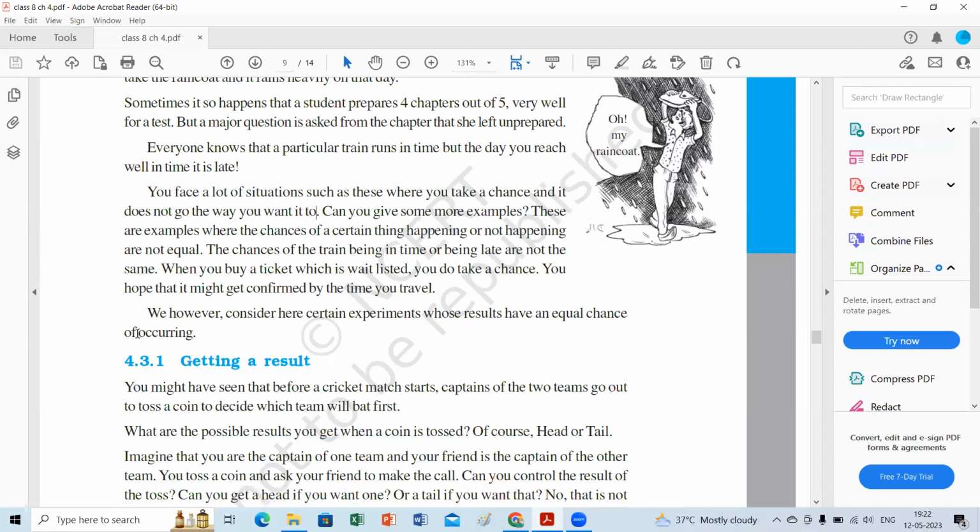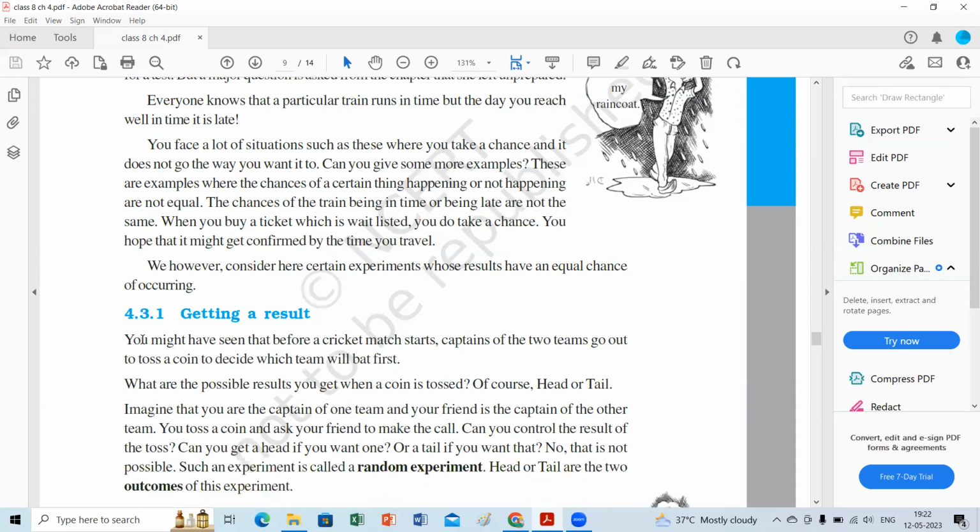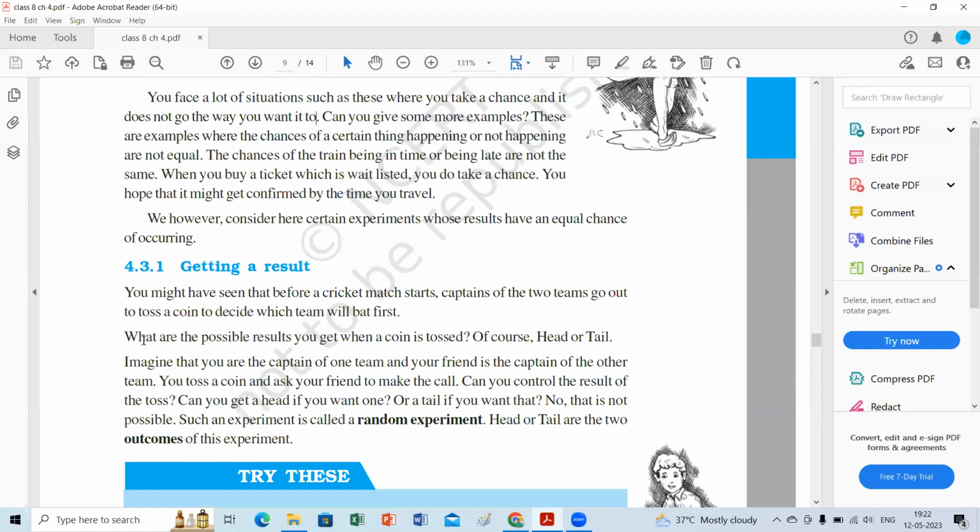However, consider certain experiments whose results have an equal chance of occurring. There are a few experiments whose results have an equal chance of occurring, maybe success or whatever. There is an equal chance here. What are those? You might have seen that